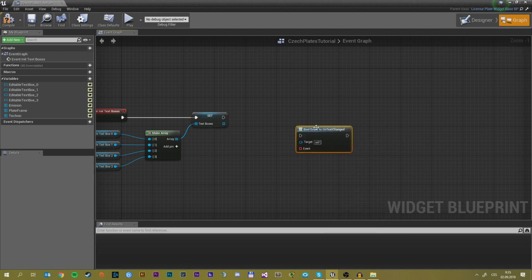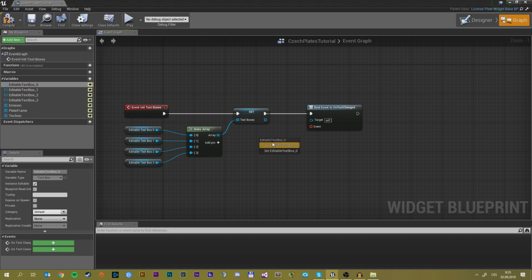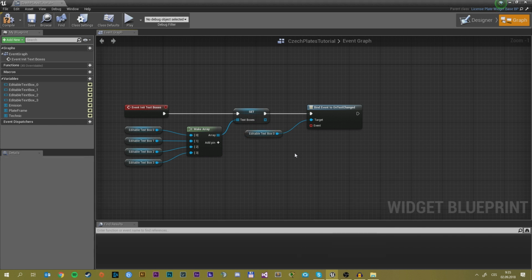So just simply put it in. Connect the set, select the target, so we will do it with the first text box, just put it in again, connect to the target. Now we have to create a custom event